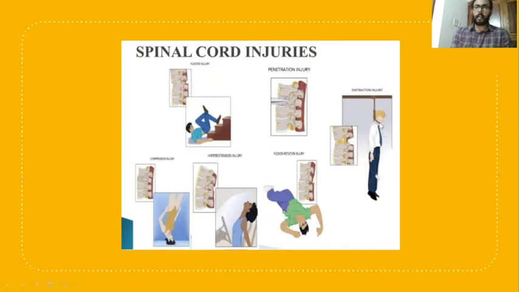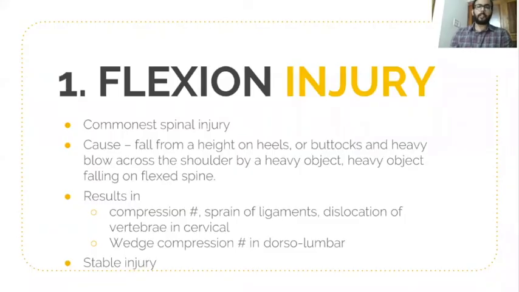Actually, this is the hangman's fracture, C1, C2, the fracture of the C2 vertebra, which causes death immediately, and this one is actually a distraction injury. Coming to flexion injury, which is the most common injury in spinal cord injury, the cause